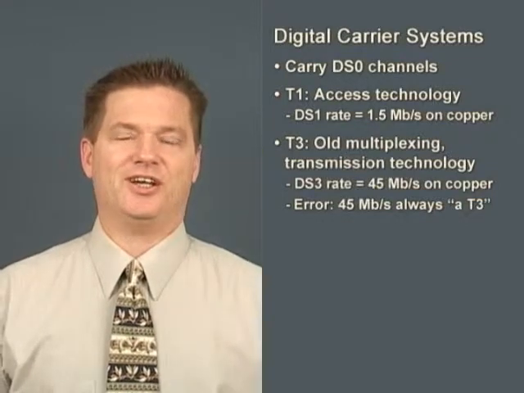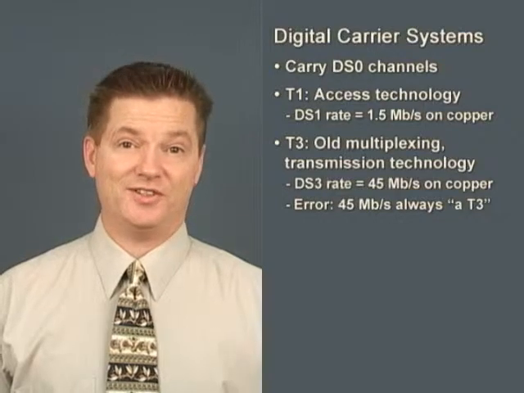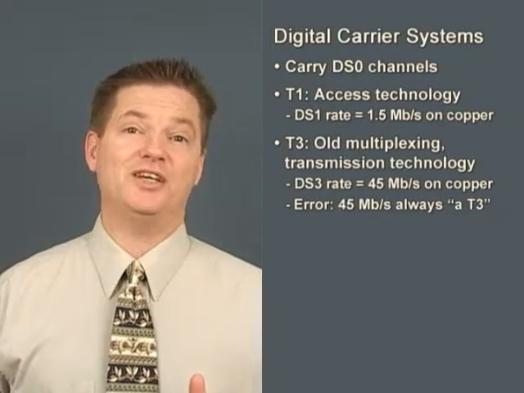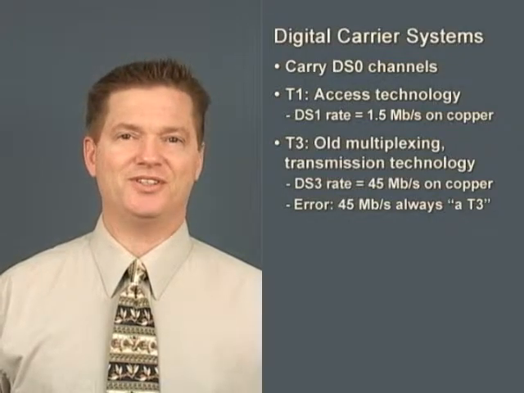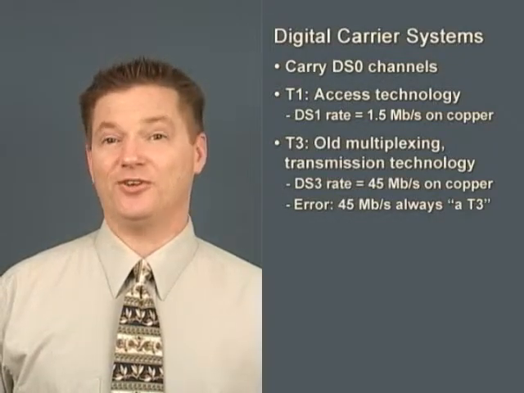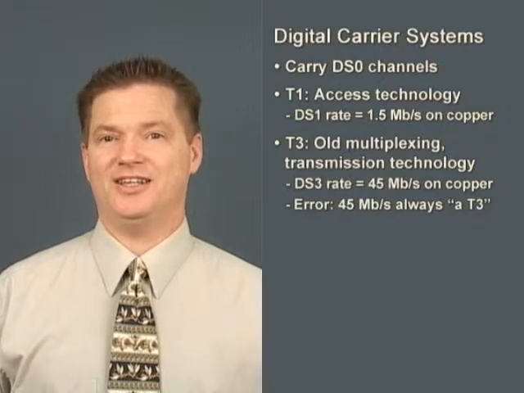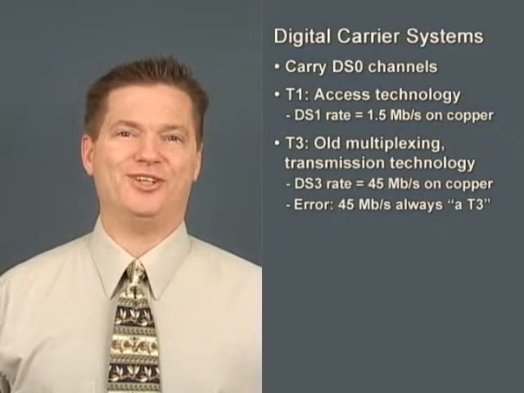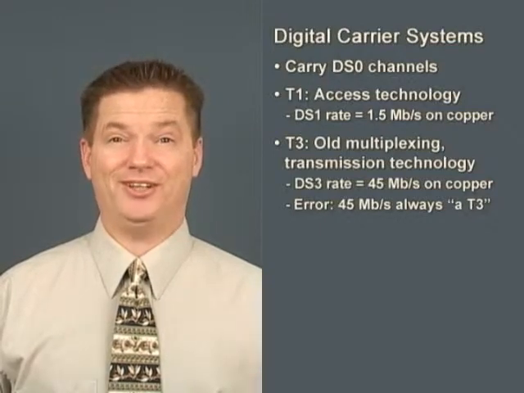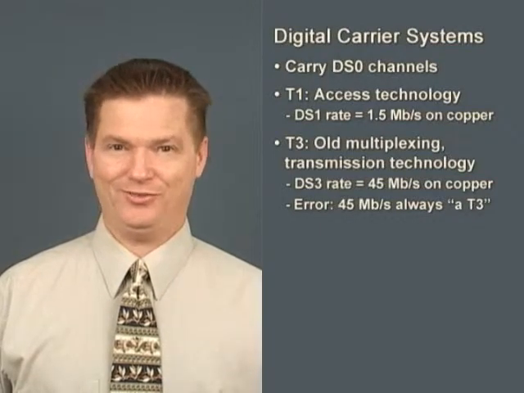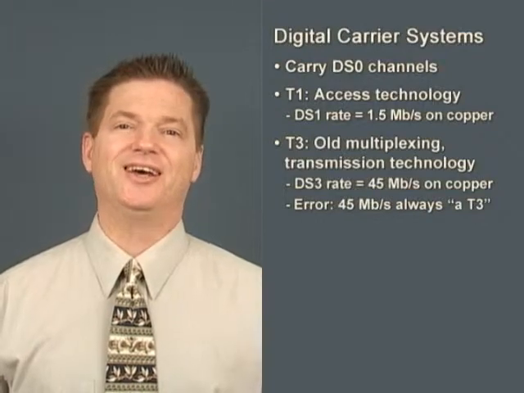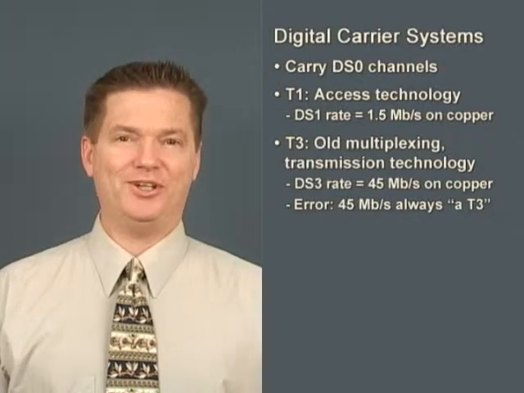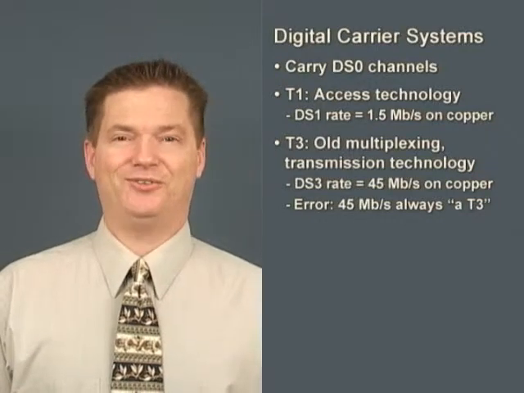So T3 is a technology, DS3 is a speed that it runs at. This is the most commonly made mistake in the high-speed circuits business, always referring to 45 megabits per second as a T3. T3 is a particular method of implementing digital service level 3, 45 megabits per second. It's an old, obsolete way of doing that, and it's been replaced by a shiny new method of doing DS3s